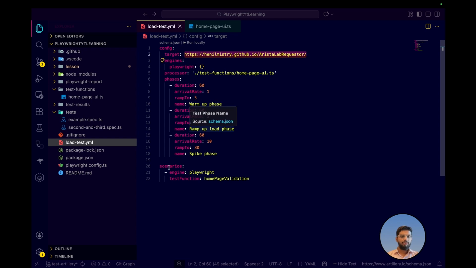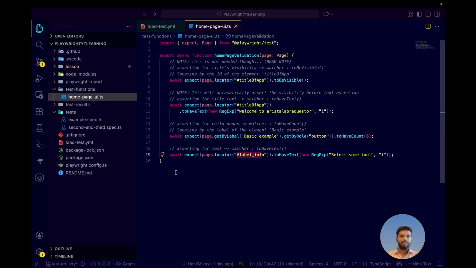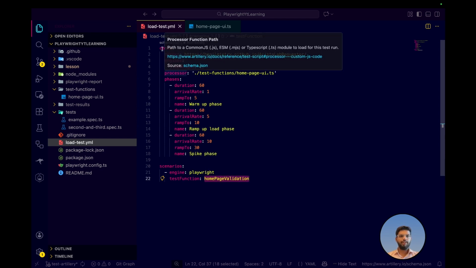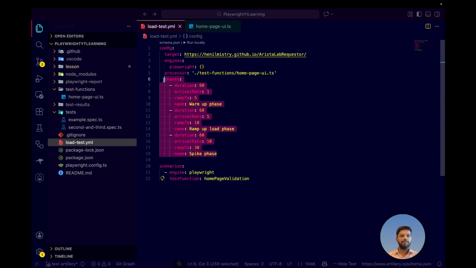Now inside the scenarios you can see that we are utilizing the Playwright Engine with the test function. Inside this processor file we can have multiple functions, and we need to make sure that each function is using export before its description. And at the end, inside the scenario, we need to make sure that we write the function that we want to execute for each of these users that are created through this phase description. So that's the basic thing, and I think you are good to go, and you can just run npx artillery